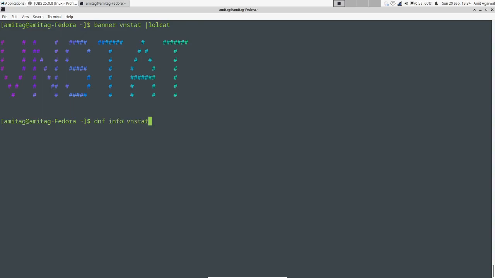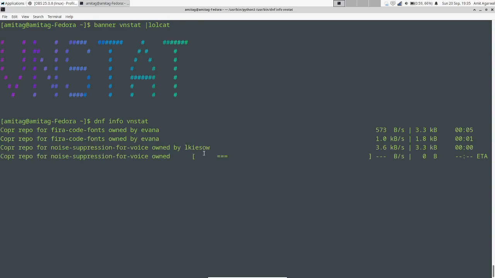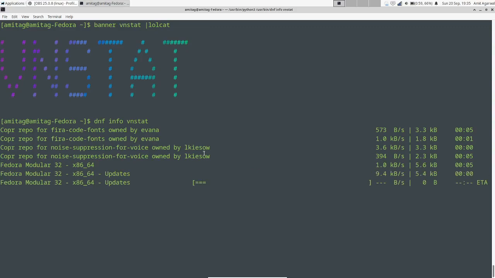The name of the package in Fedora at least is vnstat. And I hope in Ubuntu and other distros also you will find the same name. So if you do an info for vnstat, it will basically tell you the description of what the utility does. But at a very high level, what it does is it basically records the read and transmit of packets on all the interfaces in your system, and hence you can keep track of the utilization of your interface in your system.